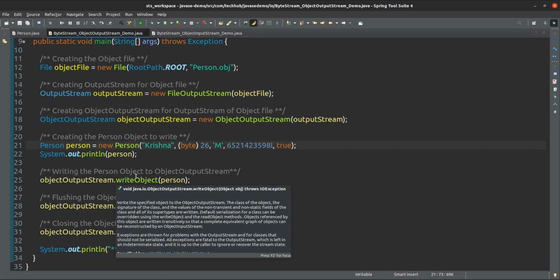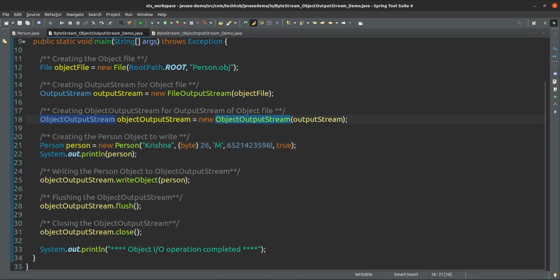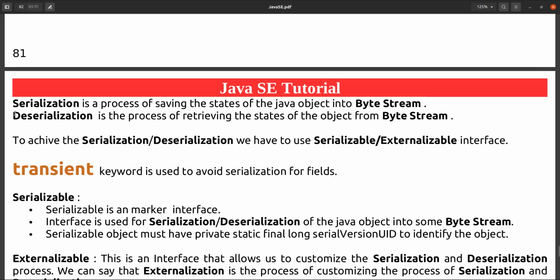Or we can say that object output stream can be used for serialization, and object input stream can be used for deserialization.